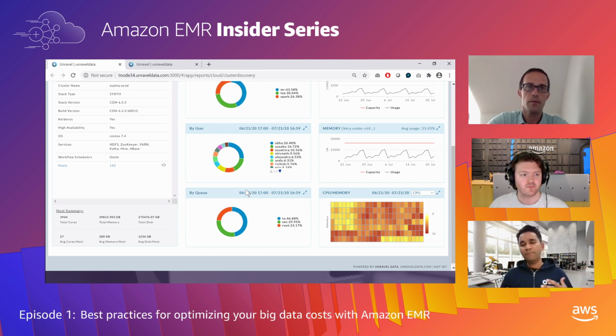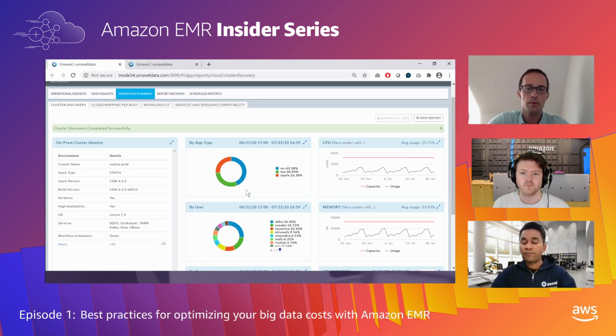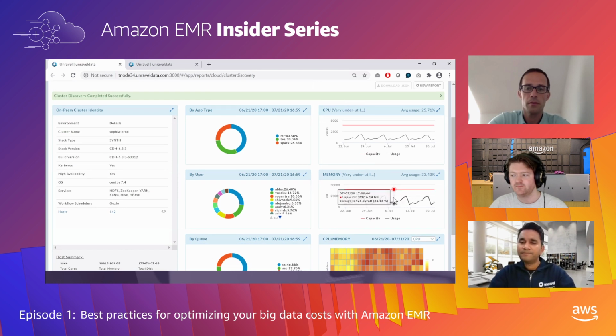And once you have this info, you can start to think about all the points, Roy, that you mentioned, right? Which is, hey, what benefits do I get from moving to AWS EMR? So for example, right here, one of the points you mentioned was a lot of these on-prem clusters are over-allocated. In this case, this on-prem cluster is definitely over-allocated. I see my average usage being about 25% on CPU and about 30% on memory.